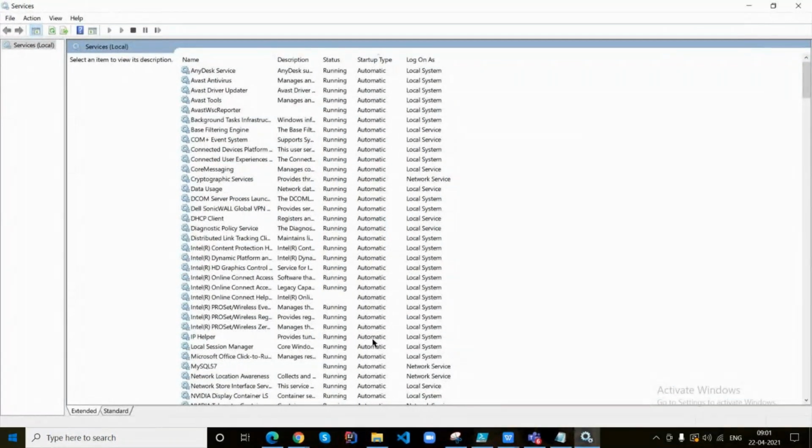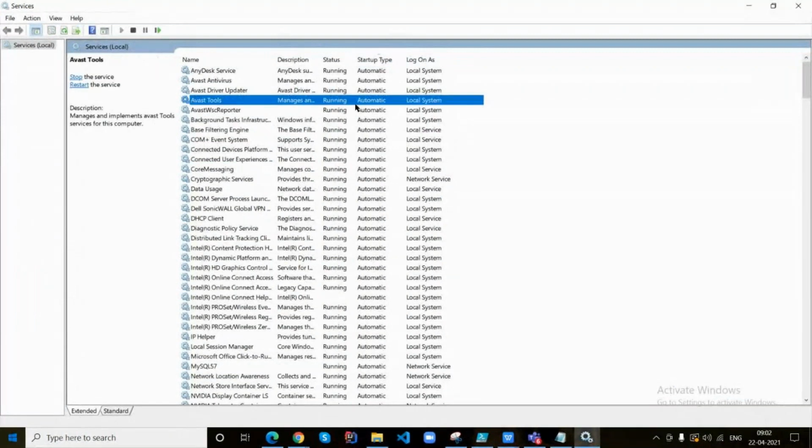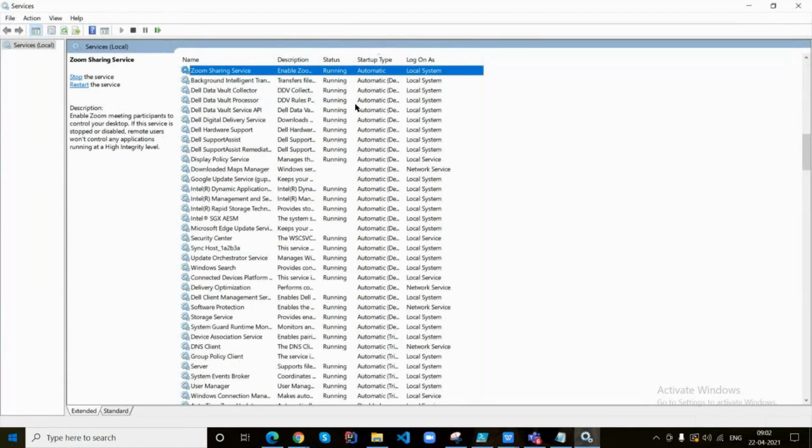Pick the specific service that we got. Arrange the services based on the alphabetical order. Click on the name.